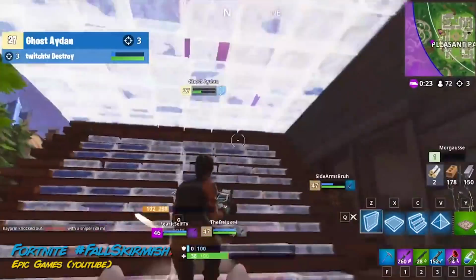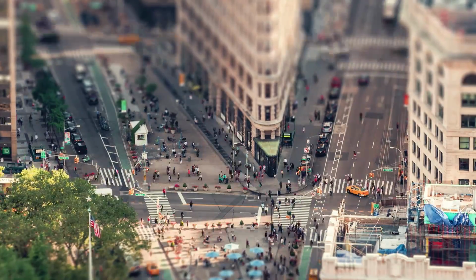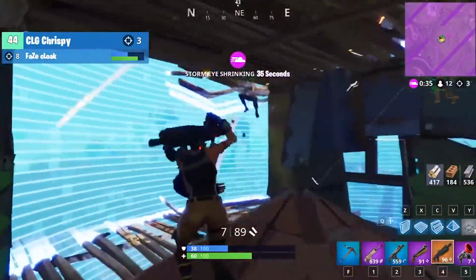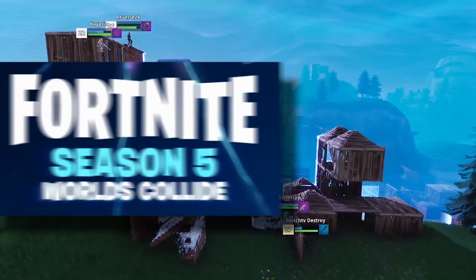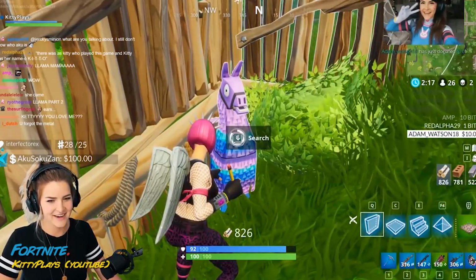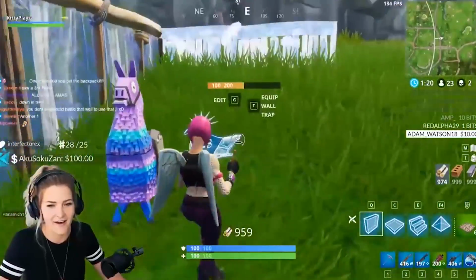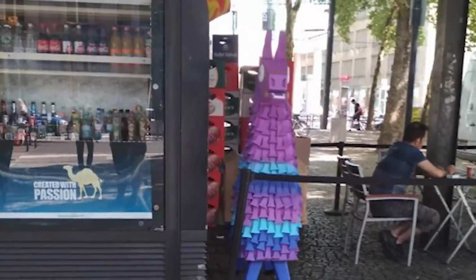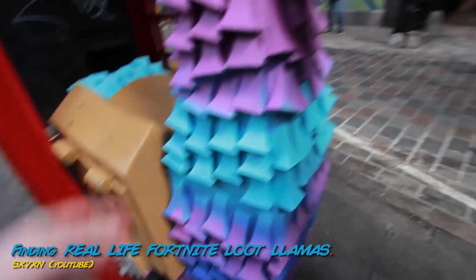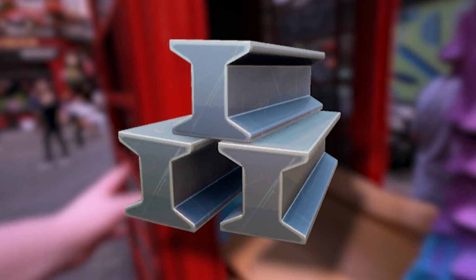Loot Llamas. These final 2 entries are gonna push the boundaries a little bit. We've mainly been showing how our world has been crossing into Fortnite, but now we're going to look at Fortnite crossing into our world. The motto of Season 5 was Worlds Collide. To help market their already booming game, Epic Games decided to place some Loot Llamas all around the world. If you thought these were going to be just small little llamas, you were mistaken. They're sturdy, pretty big, and made of metal, which we heard is in their top 3 laundry list of favorite